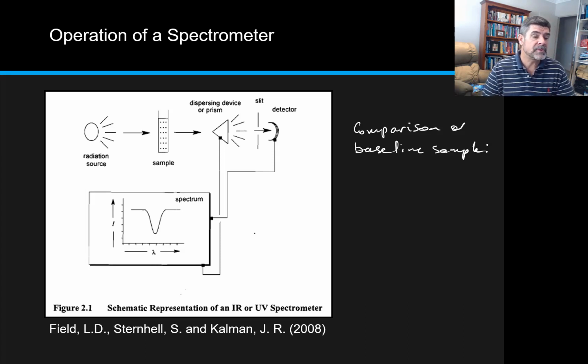What we will need is some sort of dispersing device or monochromator that's going to remove all of the other wavelengths of light that we're not interested in, and channel through some sort of prism and slit the specific wavelength or wavelengths of light that we're interested in measuring. From this we can produce an absorbance